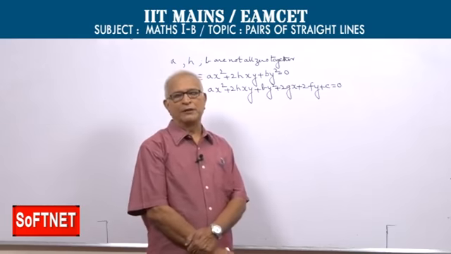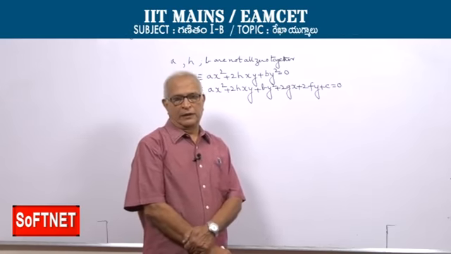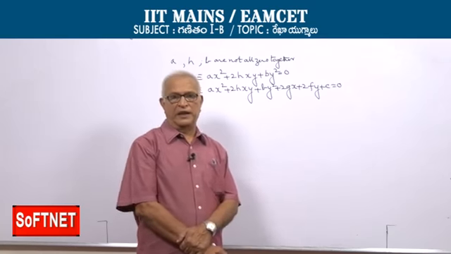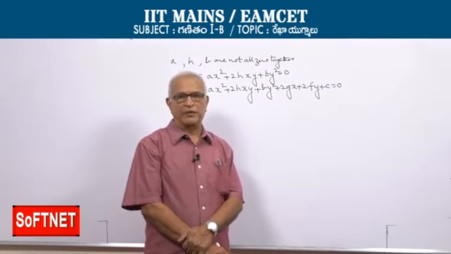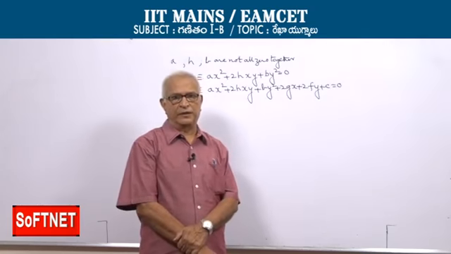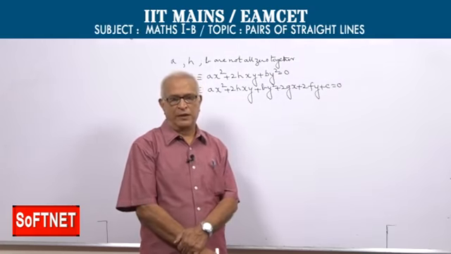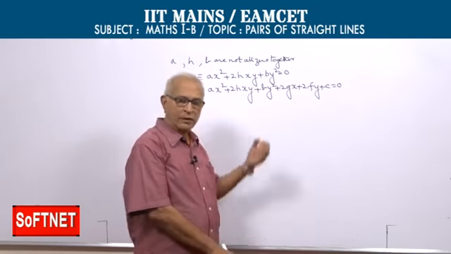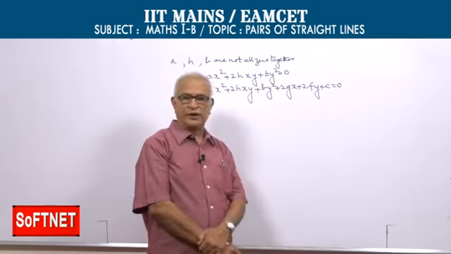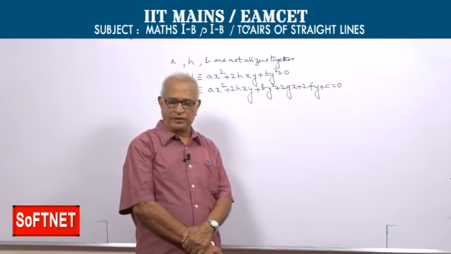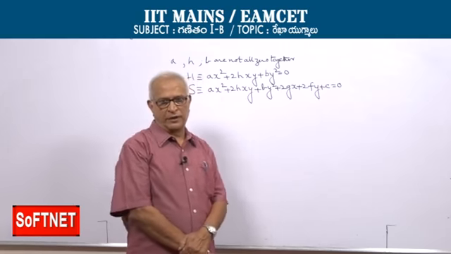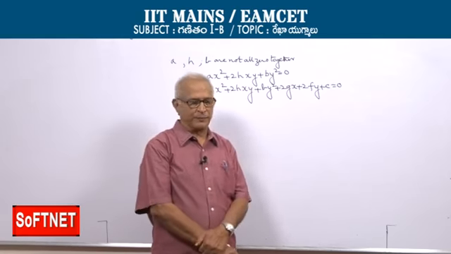అయితే ఈ టాపిక్‌లో మనం ఈ రెండు ఈక్వేషన్స్‌కు, ఇందులో ఉన్నటువంటి A, B, C, F, G, H మీద ఏ కండిషన్స్‌కి లోబడి పెయిర్ ఆఫ్ స్ట్రైట్ లైన్స్ రిప్రజెంట్ చేస్తాయి, దట్ ఈజ్ అవర్ మెయిన్ పాయింట్ ఆఫ్ డిస్కషన్. Under what conditions on A, H and B the first equation, under what conditions on A, B, C and F, G, H the second equation represents a pair of straight lines. The locus of either of these two equations is a pair of straight lines. That is the point of discussion.